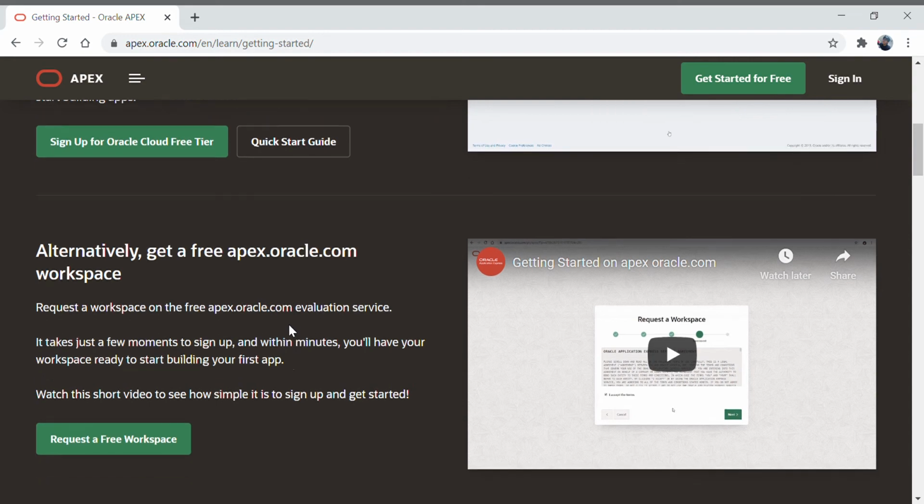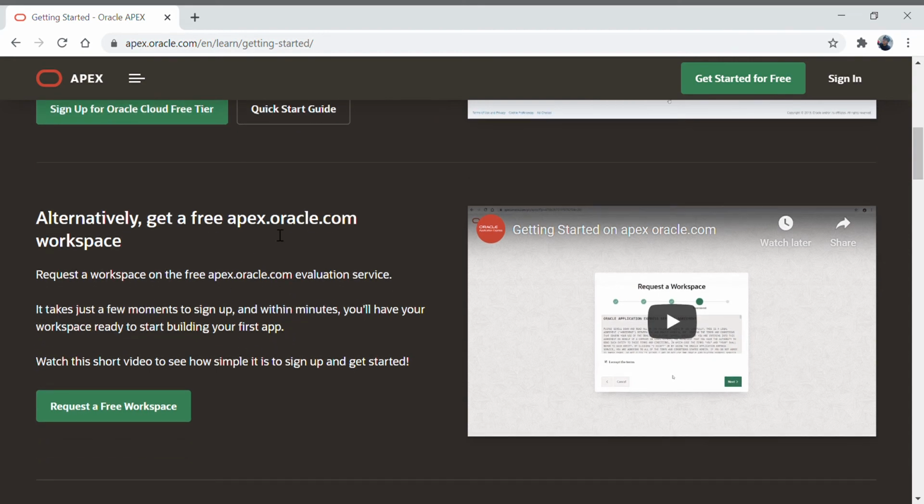Okay, and let's say you have developed an application in apex.oracle.com, or you have created a workspace on this platform, and you have not touched that application or workspace for maybe 3 months, then your workspace will get deleted from Oracle's side by default. Automatically they'll just send an intimation email to you that your workspace is going to get purged.